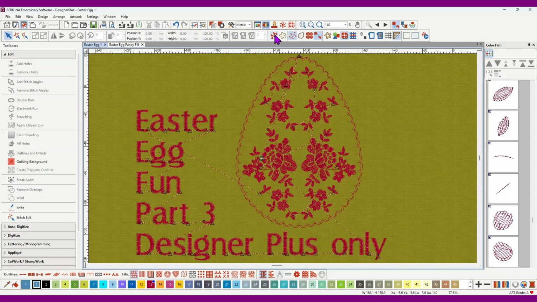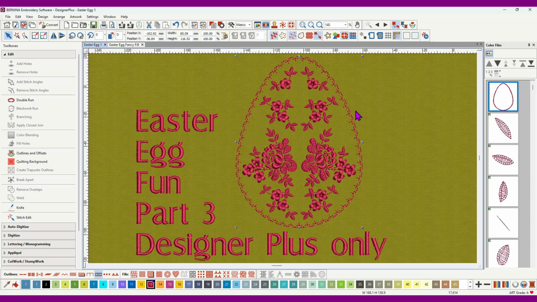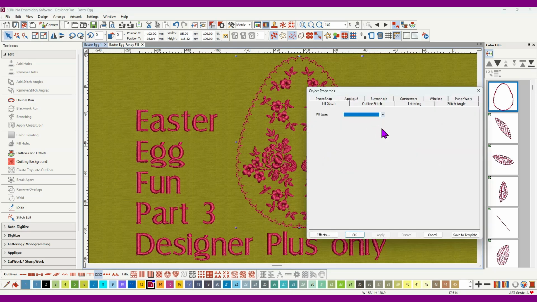Now the other thing, if I go back to true view, is the outline. In Designer Plus we have a fancy fill outline. So I have used that. Let me go to the object properties and see which one I used. So outline stitch. So I used a blackwork border for that one,